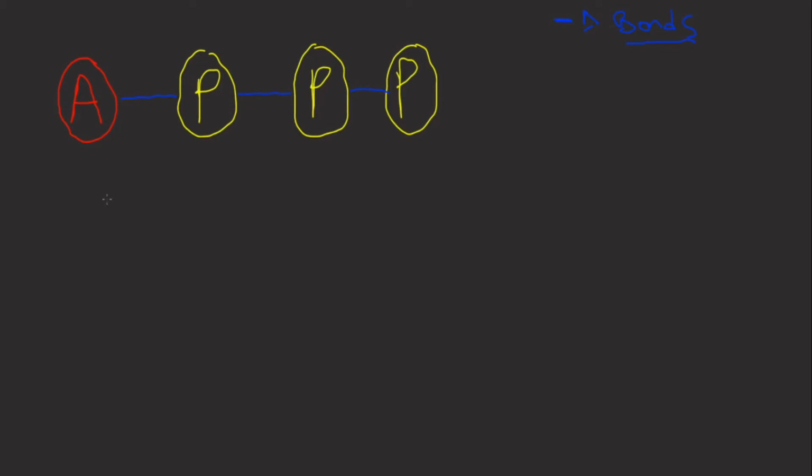So what happens is, to get energy out of ATP, we need to break down the phosphates, or break down the bonds that connect these phosphates. So we break off a phosphate from ATP,